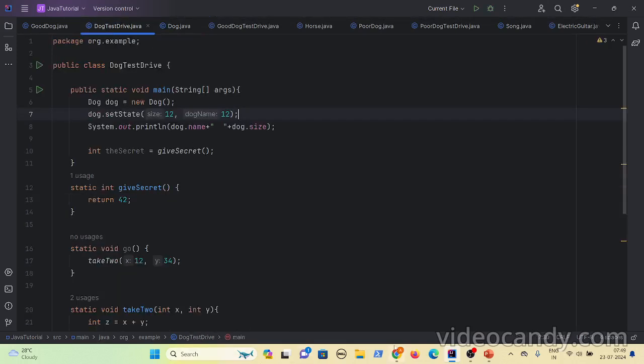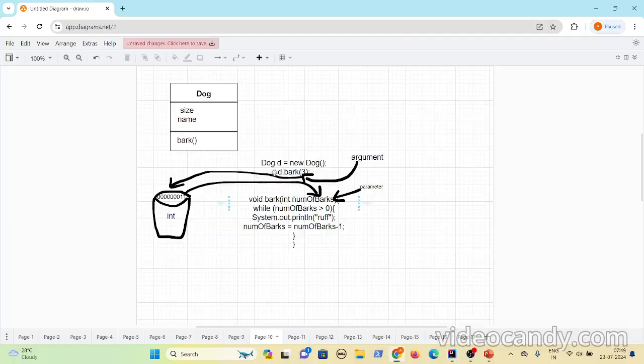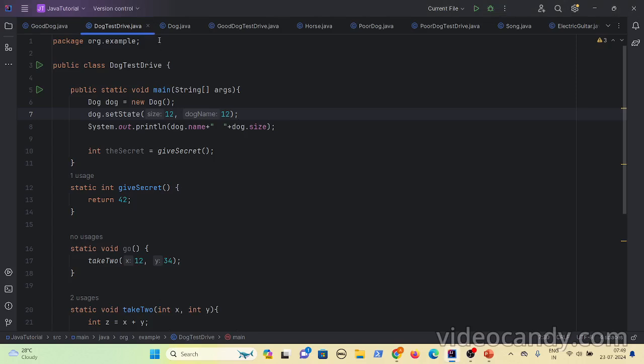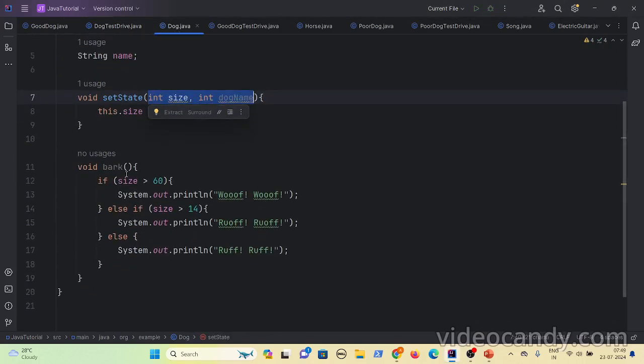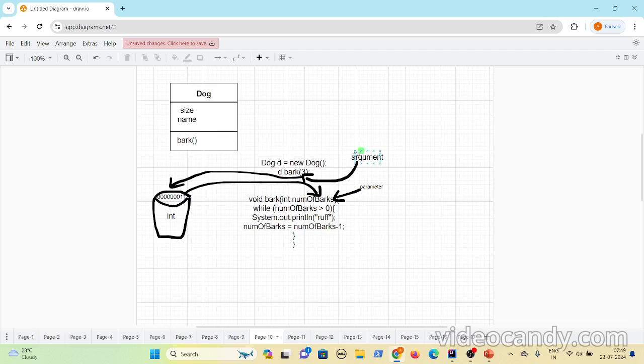Let us see a few more examples here. Now if you see, the method bark we have defined here did not have any method parameter. Let us assume it has parameters. So it is accepting number of barks. Let's say you want a dog to bark 5 times.